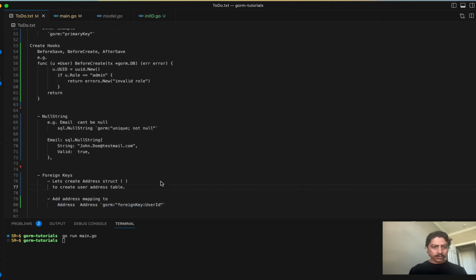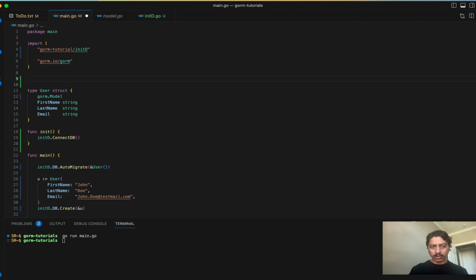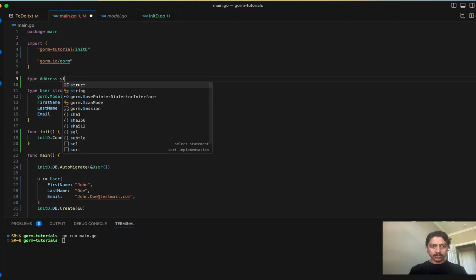Okay, let's do one thing. Let's implement the example for foreign key. So I have added a note here on the foreign key. Let's create the structure address. So let's say user has more than one address. So in that case, what we can do, we'll create a type address structure,